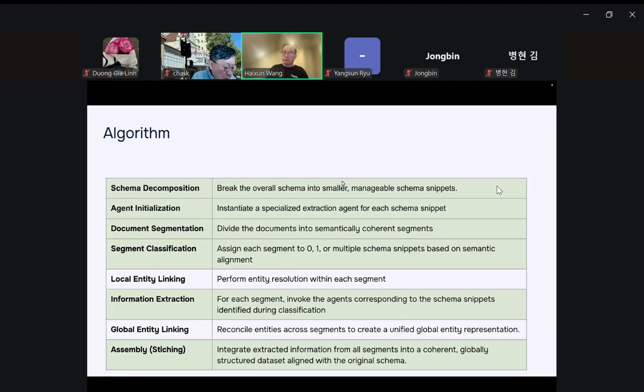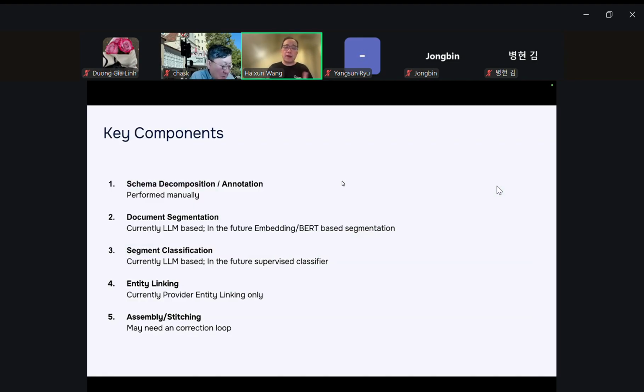And then there's global entity linking. We use global information across multiple segments to disambiguate, to reconcile these mentions on different segments and to get the final entities, and we combine these things together, right? So this is the algorithm.